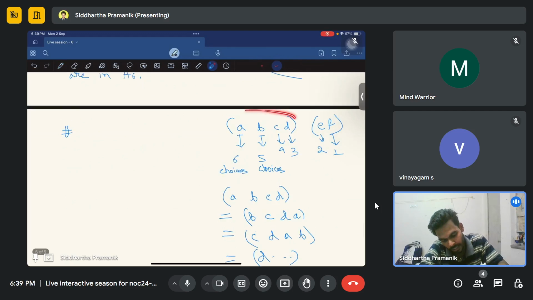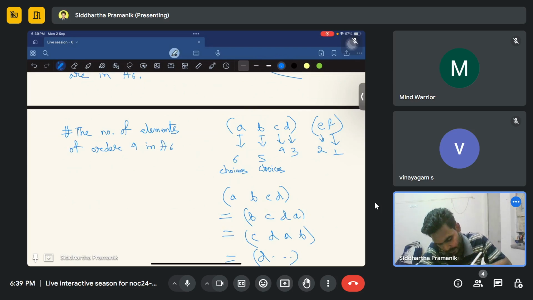So a 4 cycle can be written in 4 ways, and those give the repetitions. So let me write it here: the number of elements of order 4